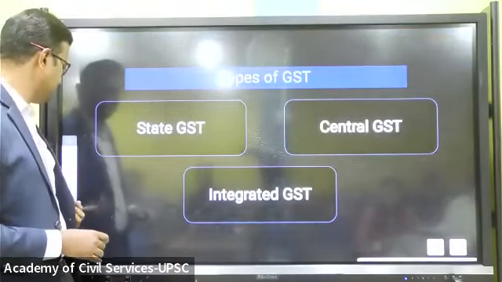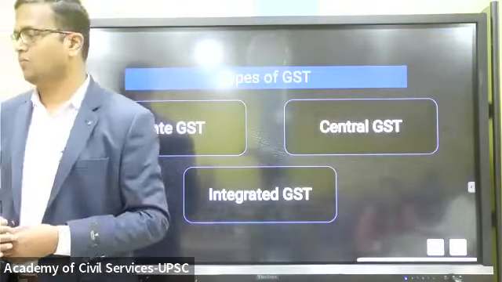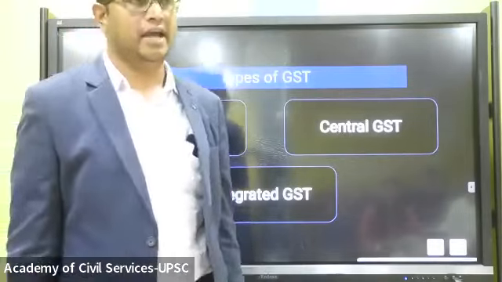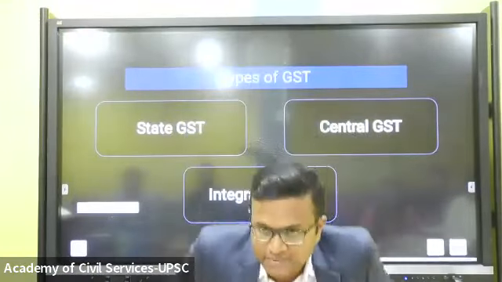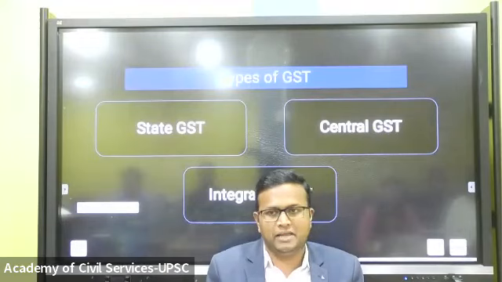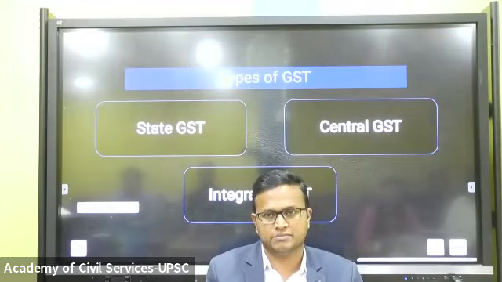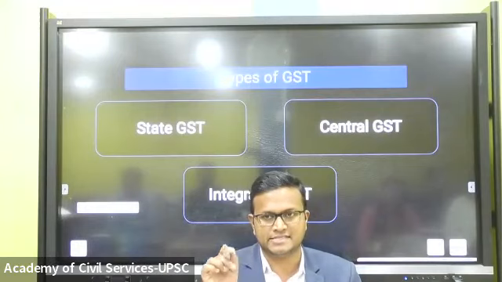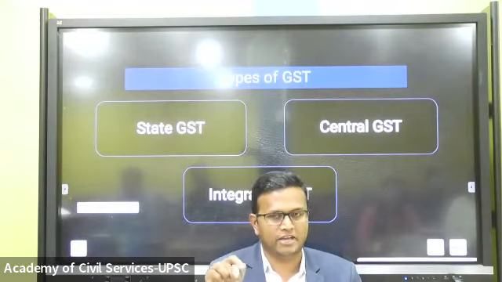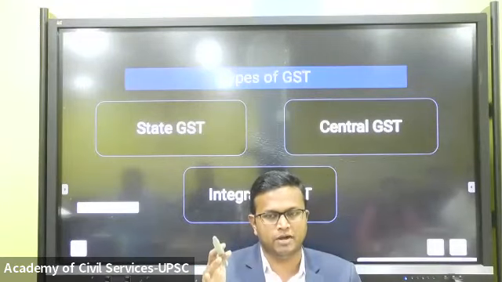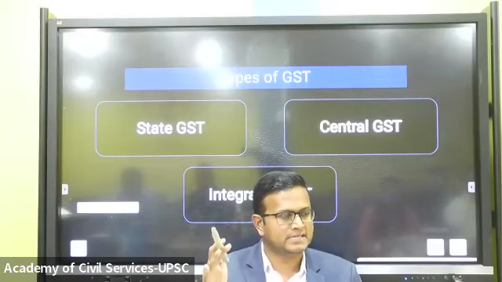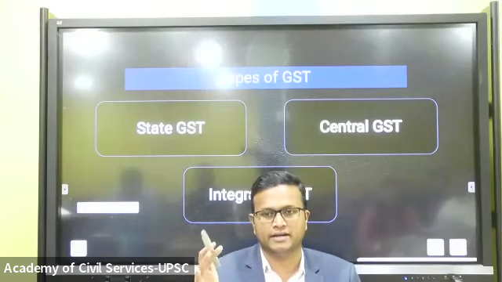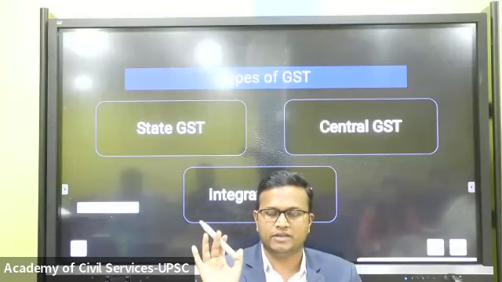Types of GST. GST is of three types. When you are going to a restaurant and having food, biryani, you can see in the bill, if the biryani cost is some 300 rupees, it will be written that 2.5% SGST, another 2.5% CGST, and that means you have to pay some 7.5 rupees to the state government, 7.5 rupees to the central government. Your cost will go from 300 to 315. This is when you are taking.